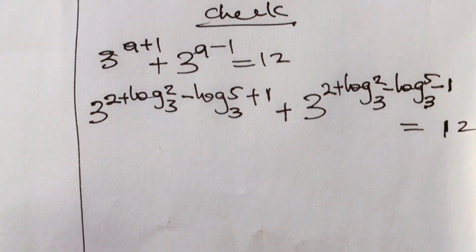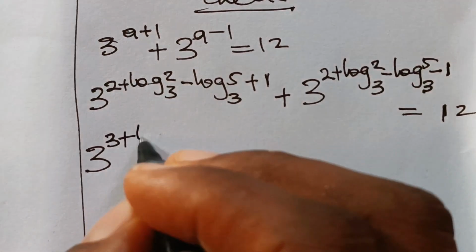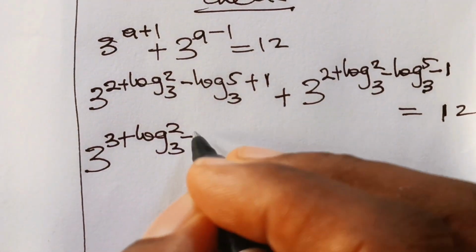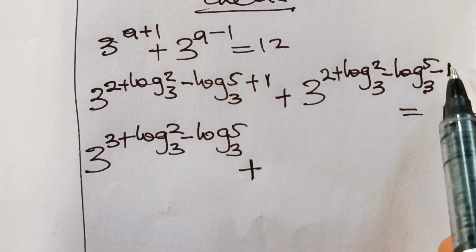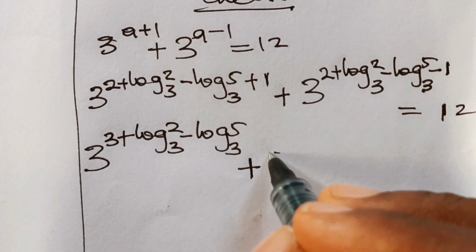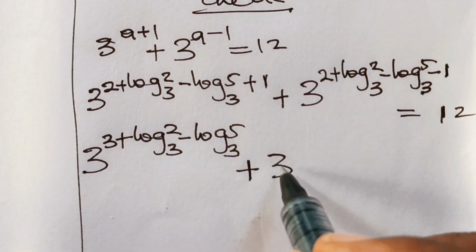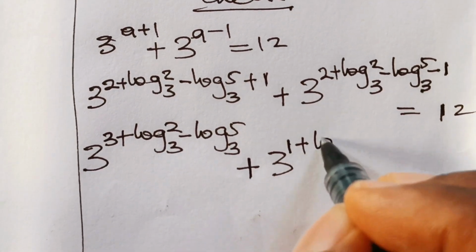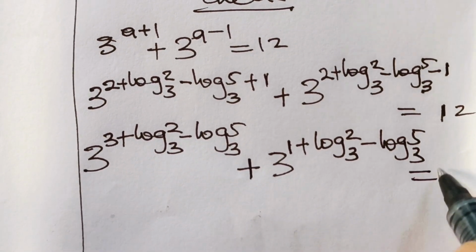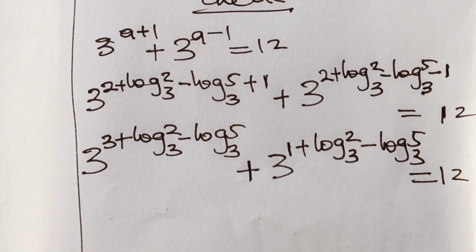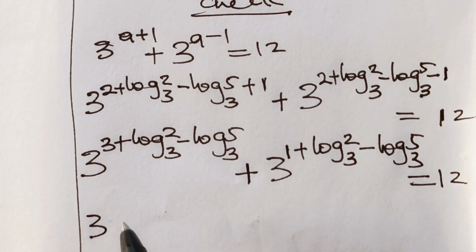So that means we can rewrite this side as 3 to the power of 3 plus log 2 base 3 minus log 5 base 3 plus, then for this side 2 minus 1 will give us 1, so we can write 3 to the power of 1 plus log 2 base 3 minus log 5 base 3. Now everything is equal to 12, so we can write that 3 to the power of